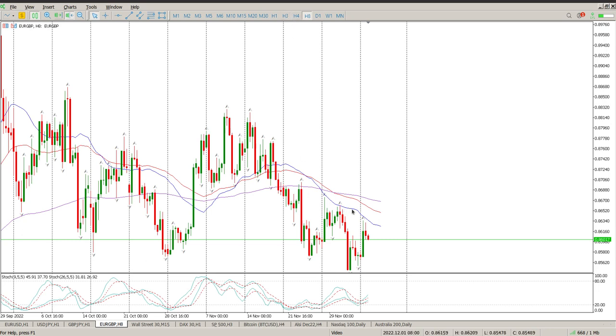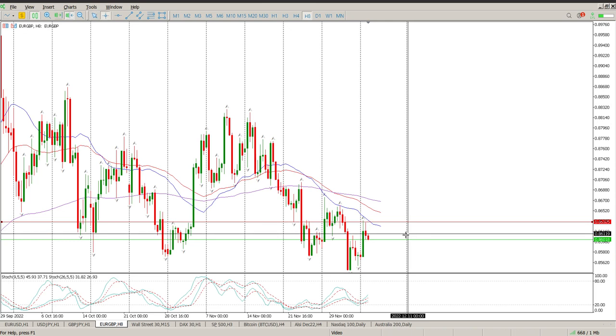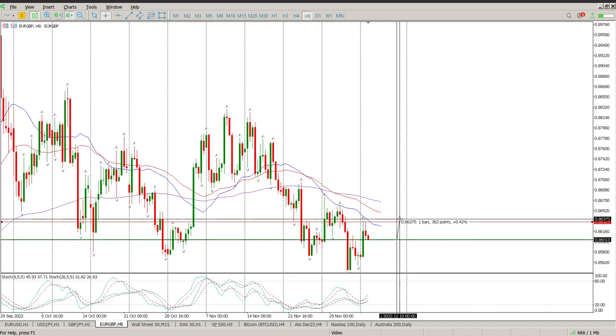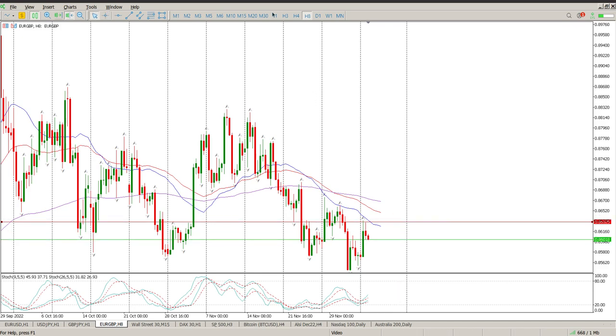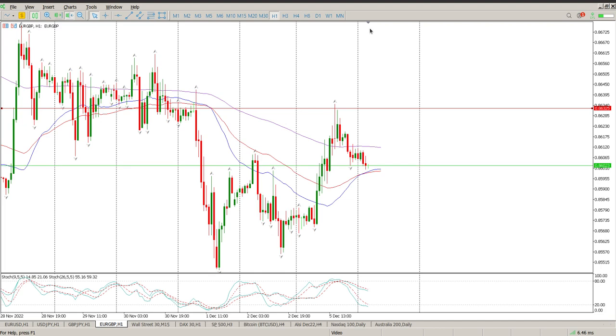Moving on to Euro British pound. On the 8-hour, trend is down. Does look like we have rejected pretty much that area there. You can see we got an inside bar off there. So looking at the 8-hour, we should be looking for a trade to the downside with a 360 point stop loss right now. I don't like the fact that that has happened sort of late yesterday,